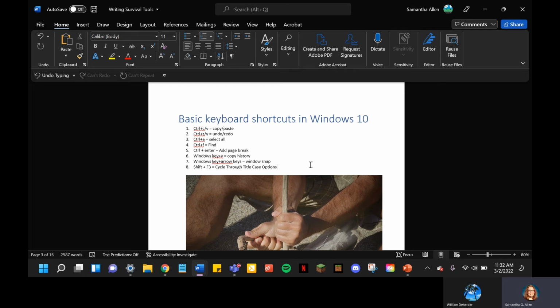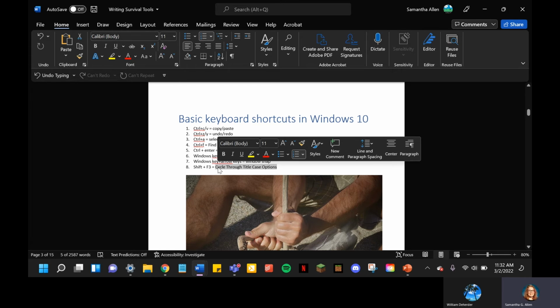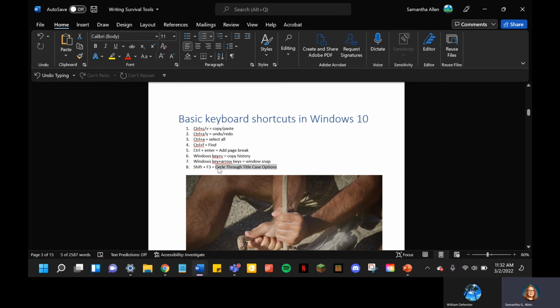The last one is Shift plus F3. This allows you to cycle through case options. Highlight the text that you want to cycle through. So for some keyboards, especially if you're using a laptop, you might need to lock your F commands at the top of your keyboard. All you need to do that is hold down your FN key at the bottom of your page and then press Escape. Once you've done that, hold down Shift and then press F3. And it allows you to cycle through uppercase and lowercase depending on what you need. Like for example, while you're citing APA in your references, everything in your title except the very first letter needs